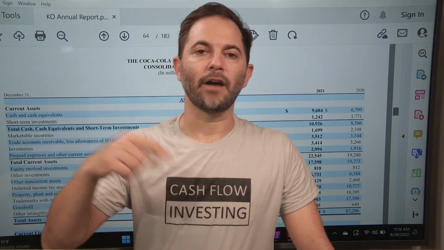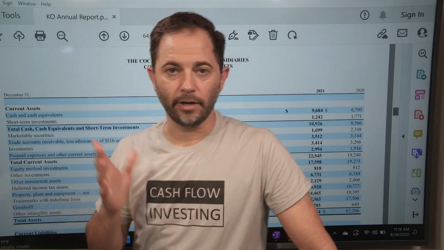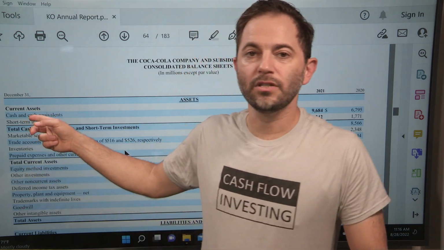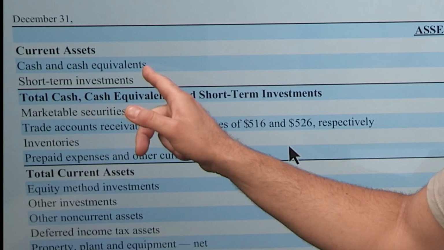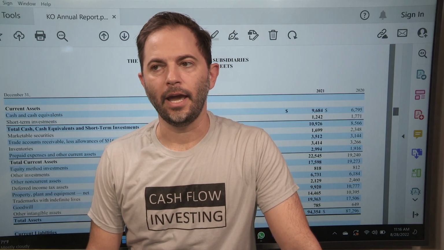Current assets are assets that are due or liquid within a year. Long-term assets are long-term assets, right? So if you're ranking the balance sheet in terms of liquidity, you'll start with the most cash-like, which is cash and cash equivalents. What is a cash equivalent? A treasury security, an